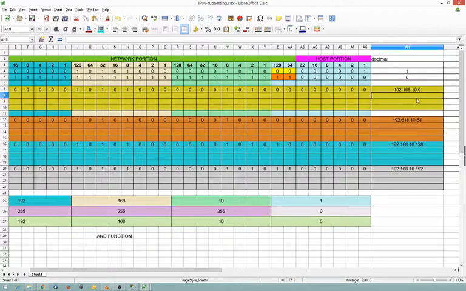Okay, so what are the rules that we've got for our networks? Well, the first one is these are our network numbers, and they have all zeros in the host portion. We cannot use that. The other rule I said is all ones is our